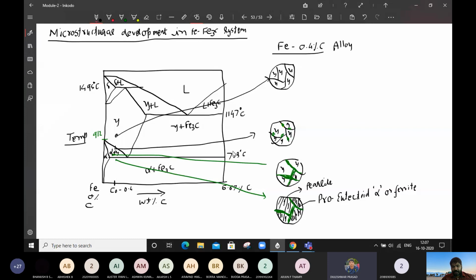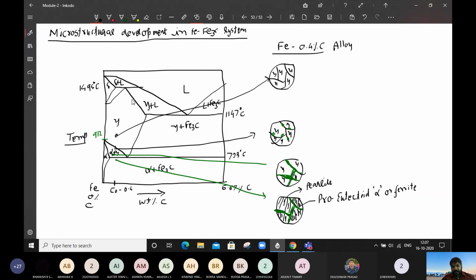Okay. At this point you might be able to understand, but just try to practice it. Try to see the video again and again, because at this point I have explained it in a very systematic way, so you don't have any doubt. But a few days after, it will become confusing. So it's better to see this video again and again, and then try to do things on your own. Take this alloy and try to draw the microstructural development by cooling into a different region.